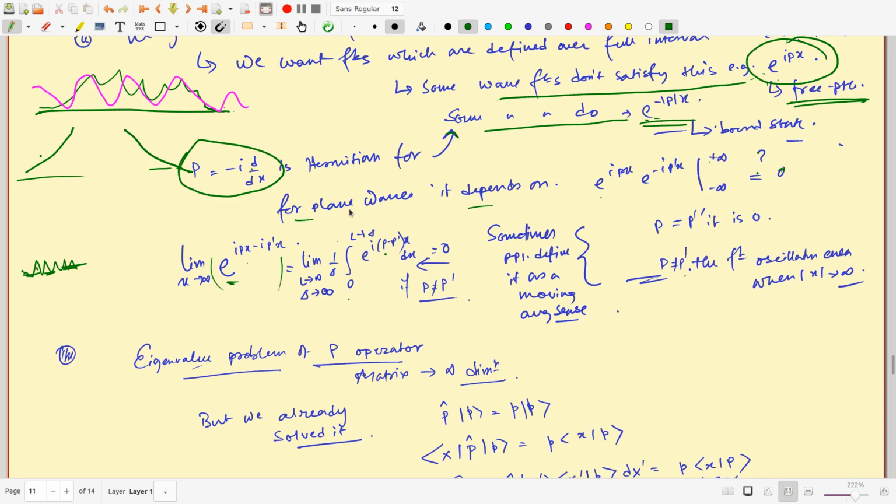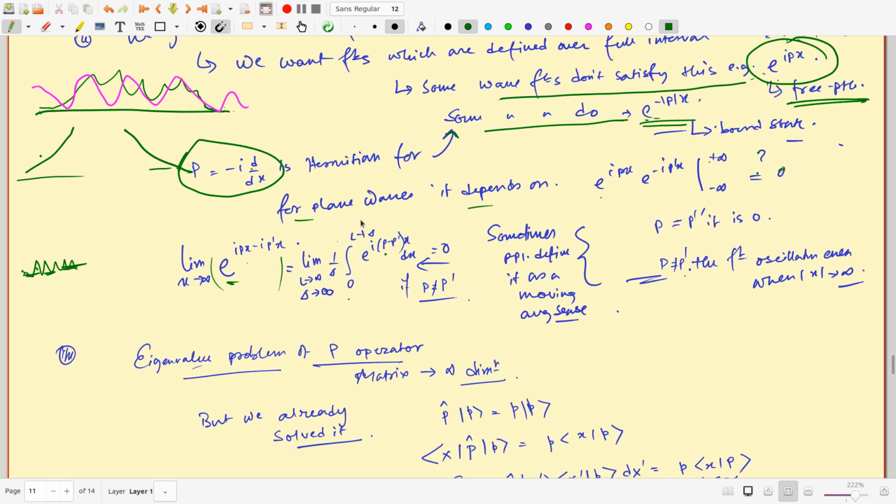But this is one of the anomalies of this theory, that there are still some wave functions which, as I said, are not strictly square integrable, or not strictly in the domain of the Hermitian operator, but nevertheless they represent some physical object. So the plane wave, or the wave function of a free particle, is something like that.